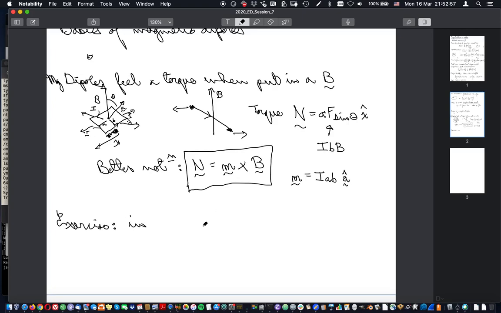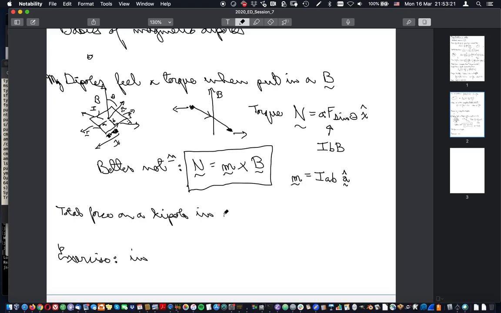Well, the first statement would be that the total force on a dipole in a uniform magnetic field B is going to be equal to 0. Why? Because essentially you could just calculate it. So the total force would be